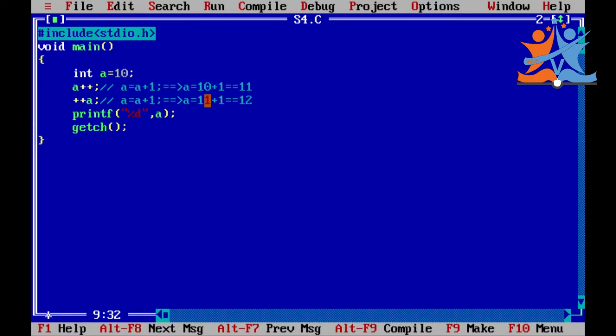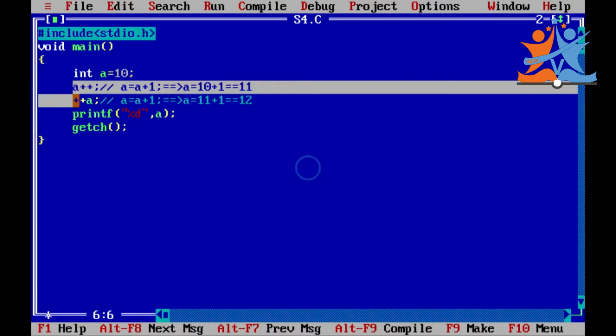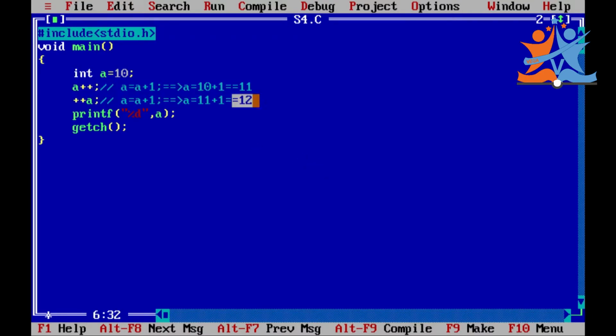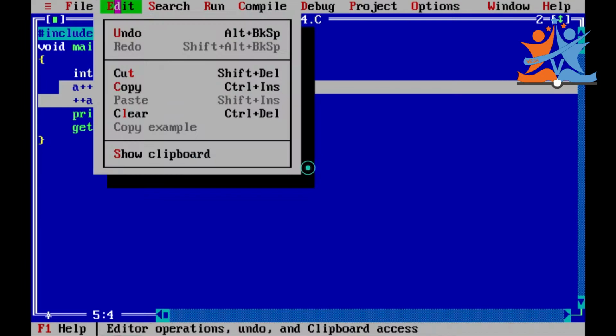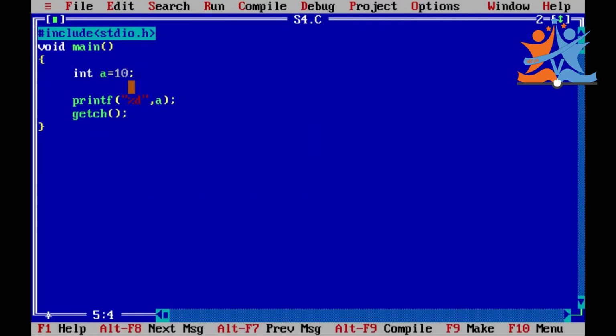So we consider the same scenario. Where can we find the difference between post-increment and pre-increment? We will see. Here I am taking a = 10, and I go with a++. I save this file